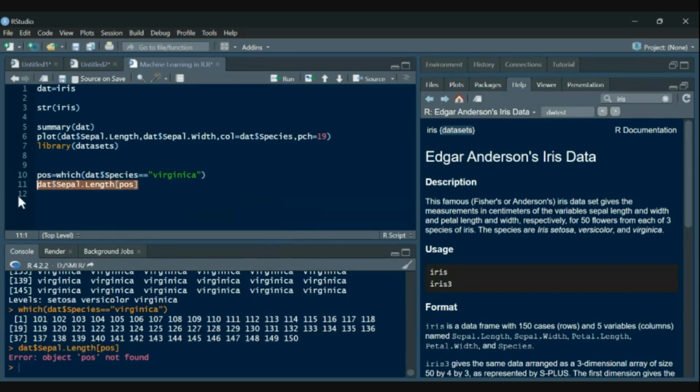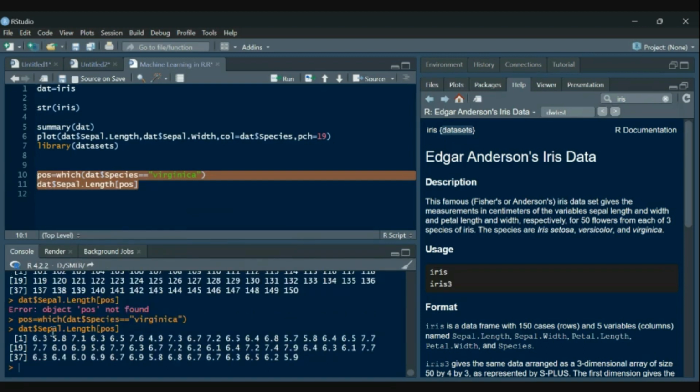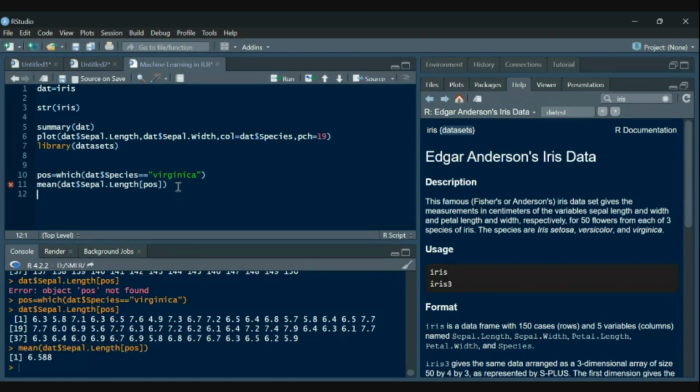Once we run this, we get the sepal lengths corresponding to Virginica. As we wanted the mean, we simply use the mean function. So this is the mean sepal length of these 50 flowers having the species Virginica.